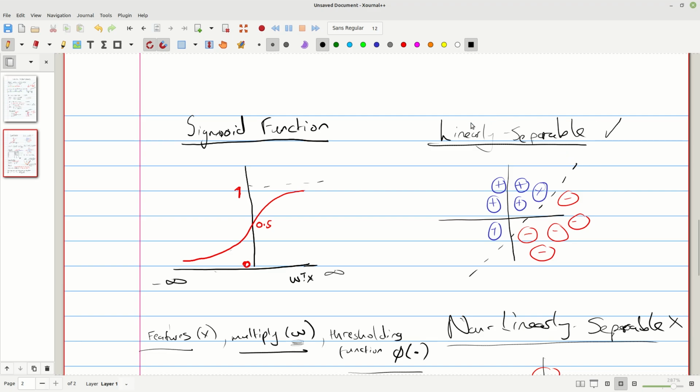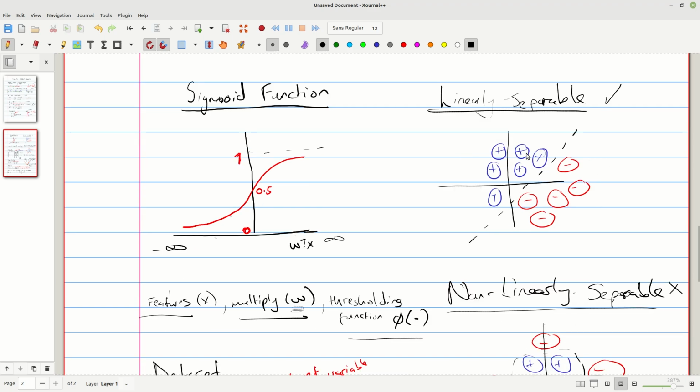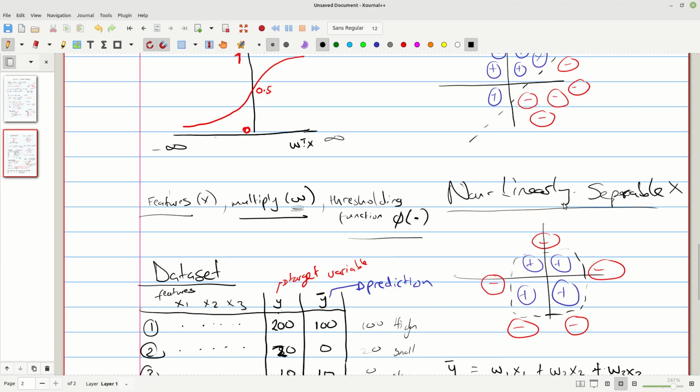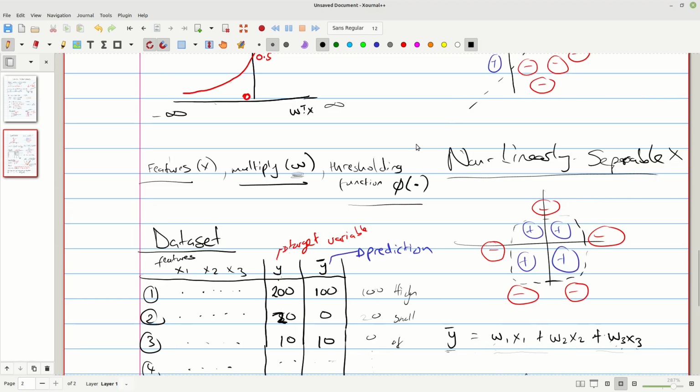Then we saw that the problem with perceptrons is that they only help us in solving linearly separable problems. When a problem becomes nonlinearly separable, it becomes hard to use perceptrons, unless we start using more complicated features, which I also cover in the statistical machine learning lecture if you're interested.